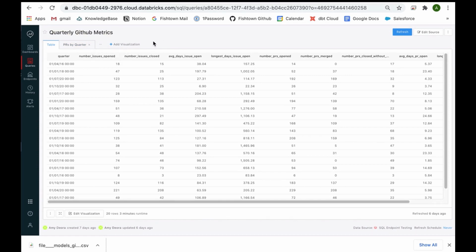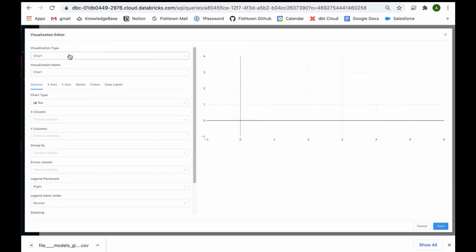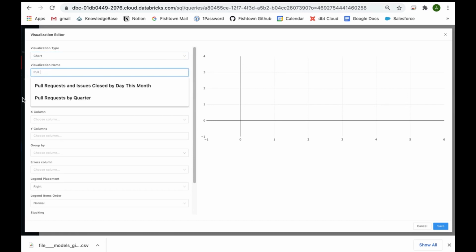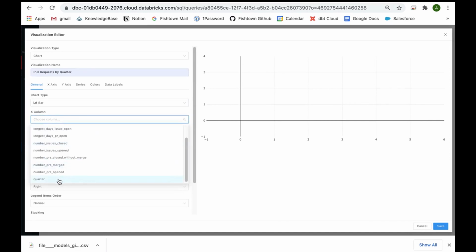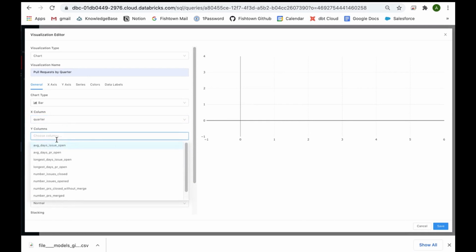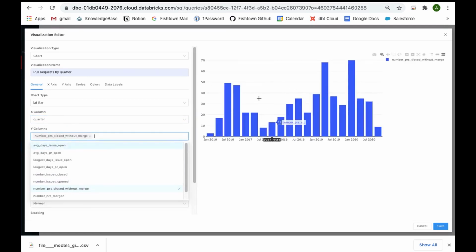These are what I've developed from my package. I can add a visualization here in Redash through a really easy dashboard. I can give this a name. Let's say I want to do pull requests by quarter. I can make a bar chart, and then I can just select X and Y axes here. So this is a really easy way that I can do visualizations.